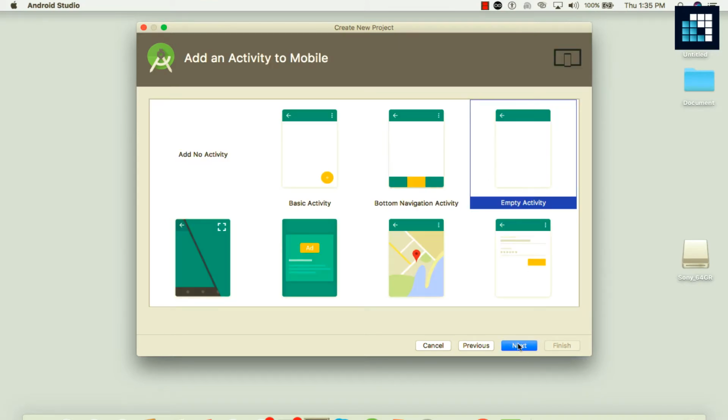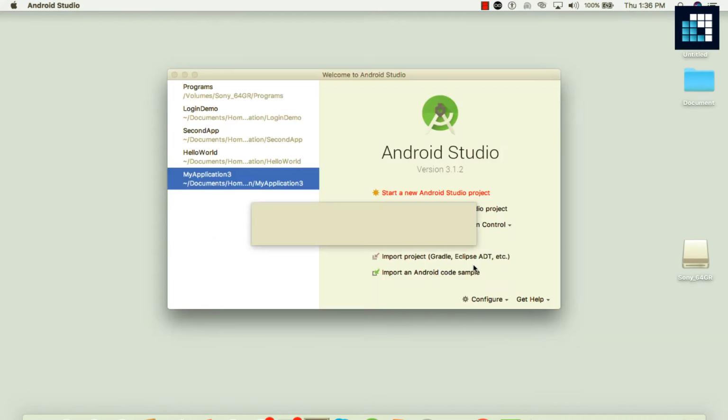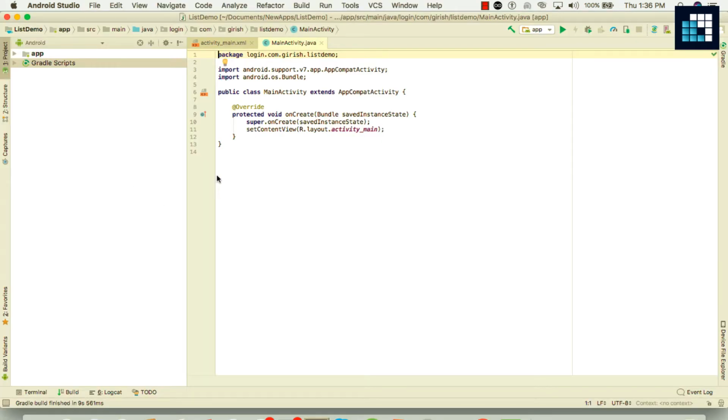And here is my MainActivity. Let's say this is the activity Java class name and its layout. Let me click on finish and let's wait. Okay friends, so this is our application, and here in the activity_main.xml file, I'm going to